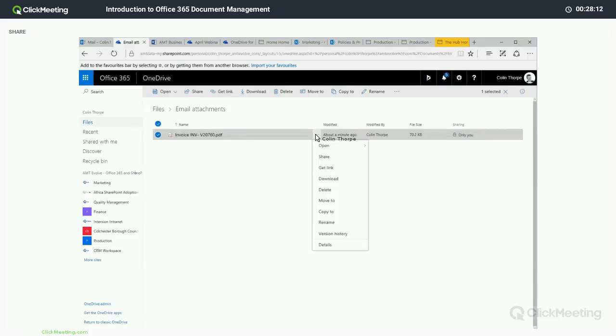The other thing I can do with any document that's in OneDrive, I can send it straight to one of my SharePoint folders. So this is where I'm starting to move documents from my personal area and move them into team sites that colleagues can see. So I can't do this with Move, I can only copy documents into SharePoint. So if I click the Copy To button,